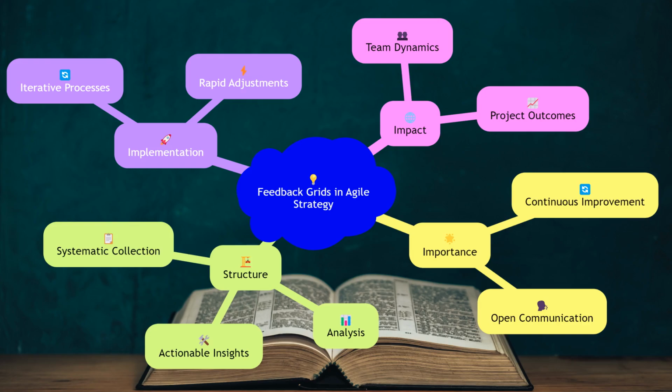In the realm of agile strategy, feedback grids serve as a powerful tool to facilitate continuous improvement and foster a culture of open communication. Feedback grids are structured frameworks that help teams systematically collect, analyze, and act upon feedback. They are particularly useful in agile environments where iterative processes and rapid adjustments are key to success. This presentation will delve into the various aspects of feedback grids, exploring their importance, structure, implementation, and impact on team